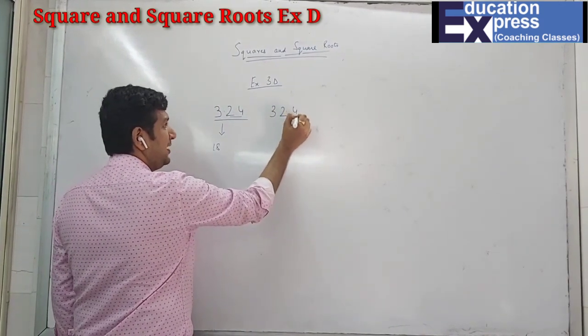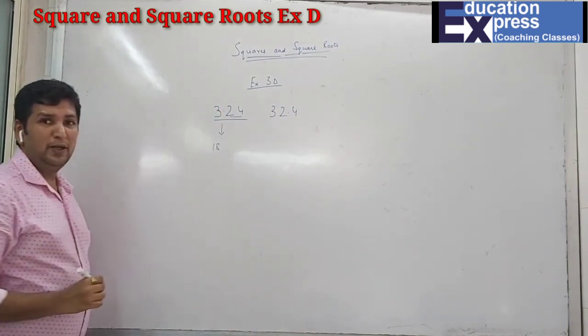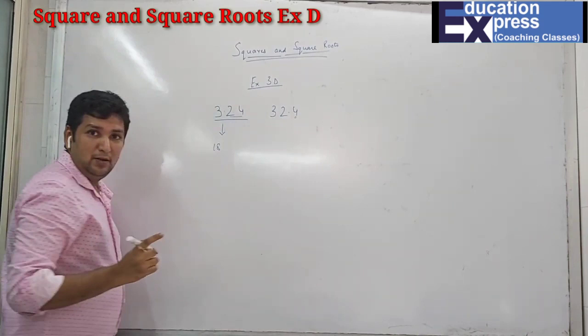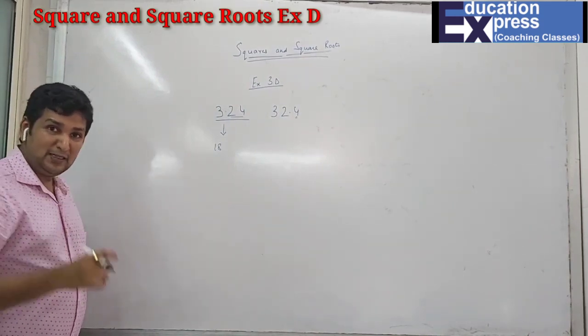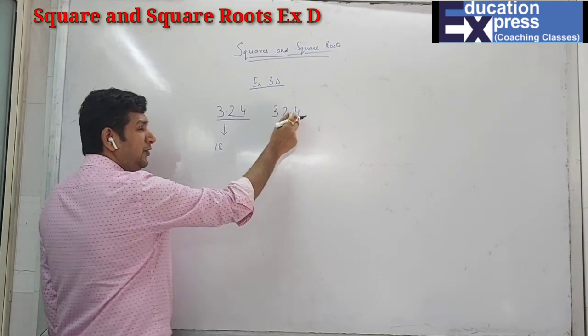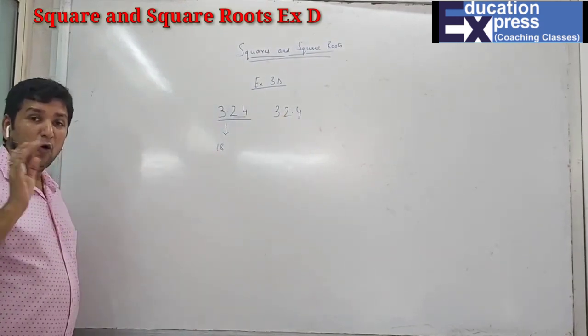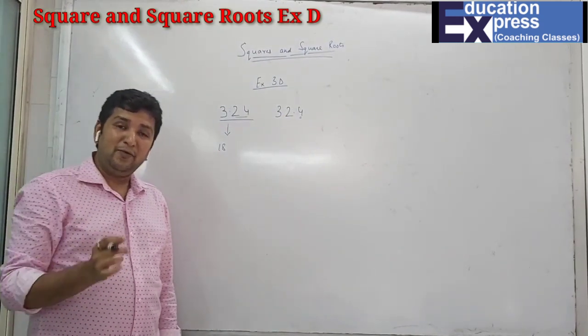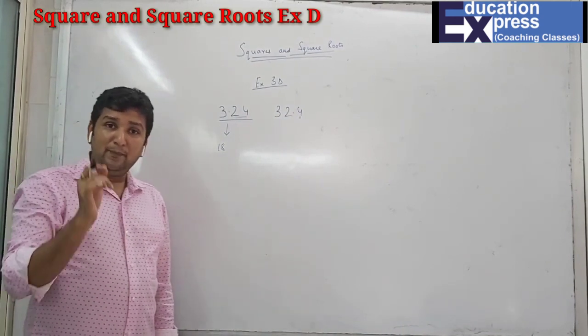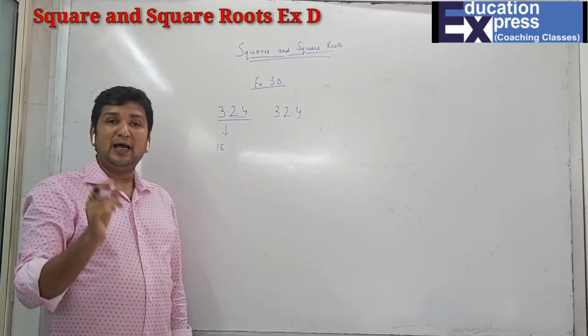If I have the same number with a decimal over here, now you can see that after the decimal there is only one number. We do not have a pair. That means even if 324 has a square, the square root of 32.4 is not possible. So always remember that whenever you have anything in decimal, if you want to find the square roots, compulsory after the decimal, the numbers have to be in pairs.